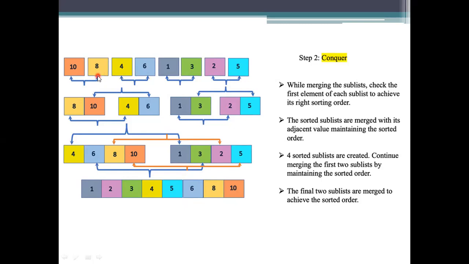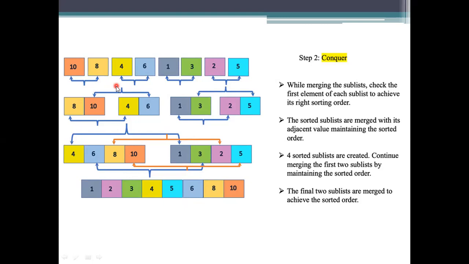From where it has been divided, the values have to be placed in that sub array representation. The sub array representation will take the values in sorted order only while conquering. If the elements are not in sorted order, it has to shuffle the places and keep the values there. If not, we present the values in the same order.